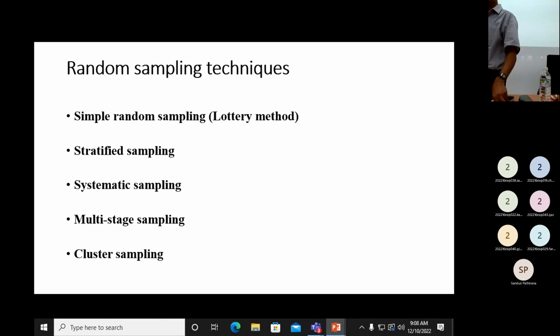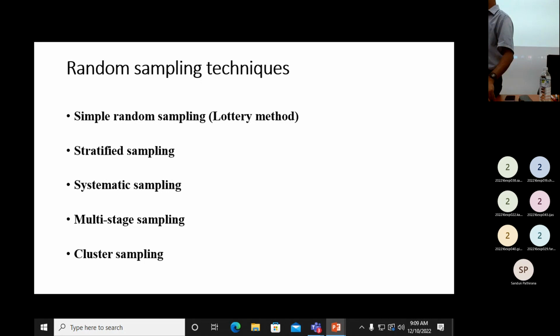Lottery winners are selected based on that. If you buy a lottery, equal chance is there to be the winner. If 20 million lotteries are printed, you will be one of 20 million. If you buy 2 lotteries, 2 of 20 million. That is the probability. That's why in simple random sampling, equal chance is there. That is the definition for simple random sampling.